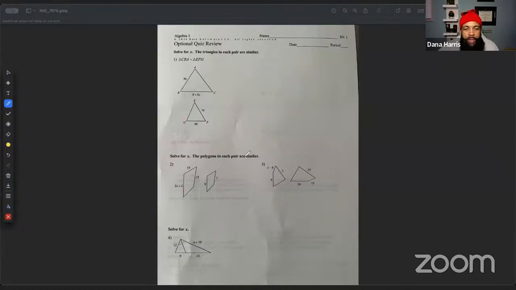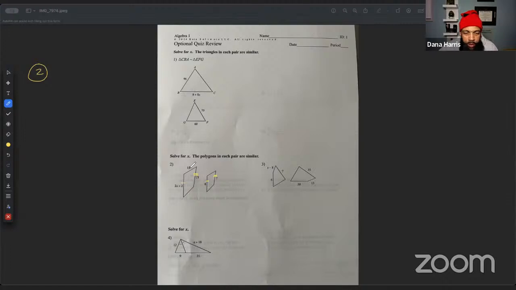So now it says the polygons at each pair are similar. Now, when you look at this, you can tell that the similar polygons, based upon the shape, are in alignment. So we don't have to move number 2. Okay, so number 2, I can simply set it up. If I'm trying to find x, notice this side right here is proportional to this side right there. Okay, and then we definitely want to use this other side here,